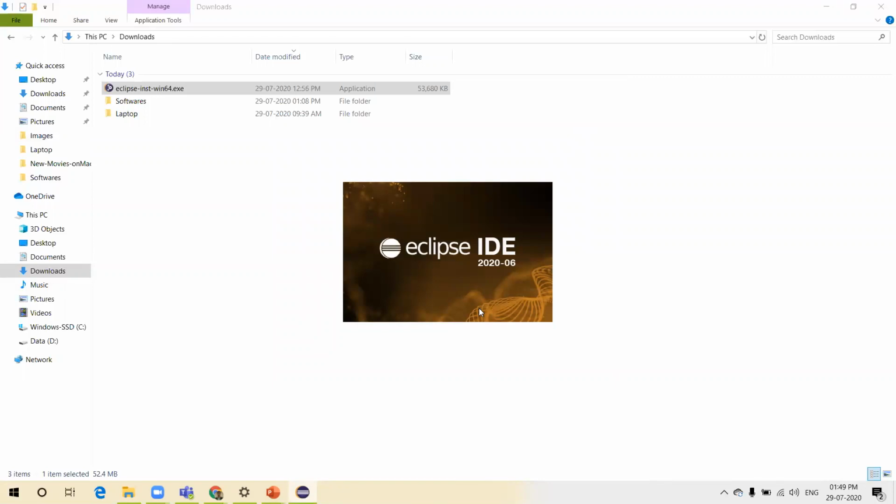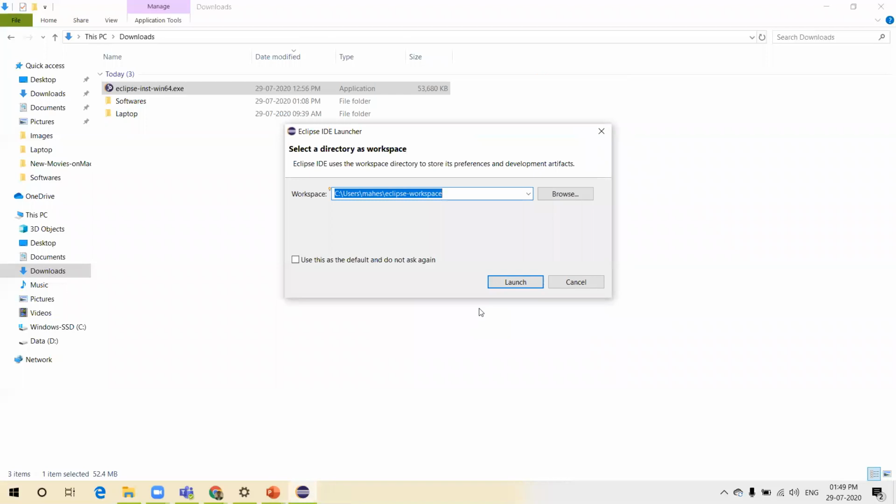So Eclipse IDE got installed successfully and it is getting launched now. And you can see the workspace to be chosen. So you need to choose workspace. Workspace is where we create projects in Eclipse, and these projects are going to be stored in this location. That is what we call the Eclipse workspace. And you can have all the projects in one workspace. And if you want to have all the projects in only one workspace, you can select this, or else you can just leave this as is and just click on launch.